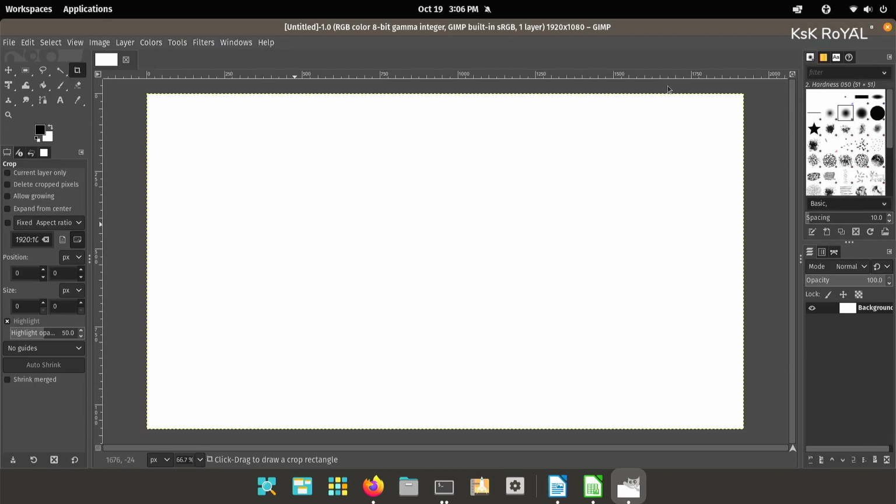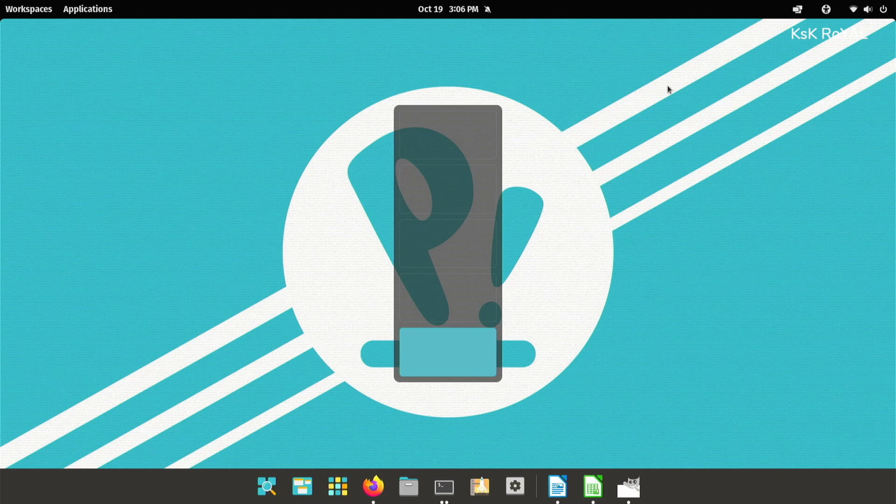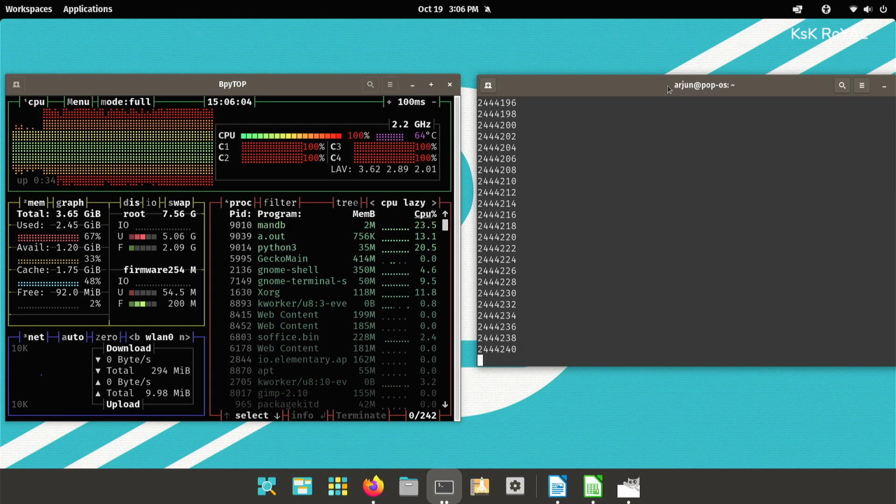Now, to see the full power of Pop!_OS running on Raspberry Pi 4, I wrote a simple C program that prints a million numbers to the console. This is going to stretch the Pi 4 to the maximum level. As you can see, the temperature is hitting up to 65 degrees even though I have a CPU cooler. And guess what? I haven't faced any lag or stutter, and I can still use the desktop and do